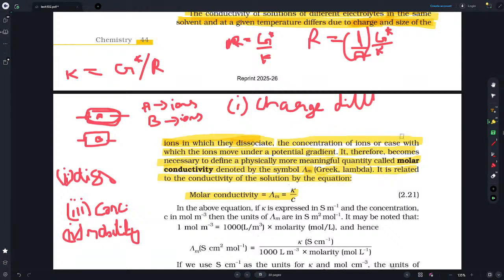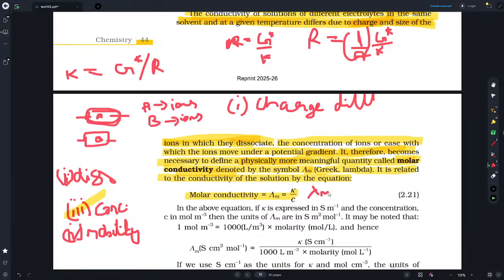To define such terms, as we already found out that it depends on the concentration, instead of writing every time, they define a physically more meaningful quantity called molar conductivity. It is denoted by lambda m. It is related to the conductivity of the solution by lambda m